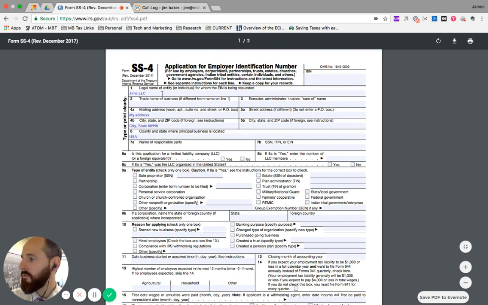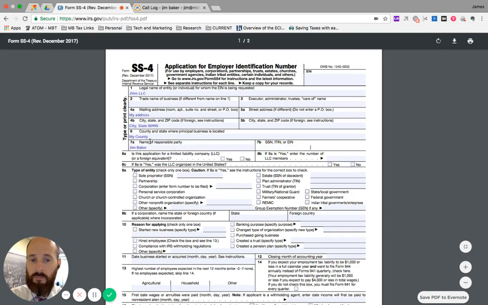Name of county. County would be my county. So it's the county of where your mailing address is. If you're using a Delaware LLC, you'll have a registered agent out there, and you'll use their address and their county. I'm looking at one I did recently, just as a note. So you put the county, and you should be able to get that all from the registered agent. The name of responsible party,